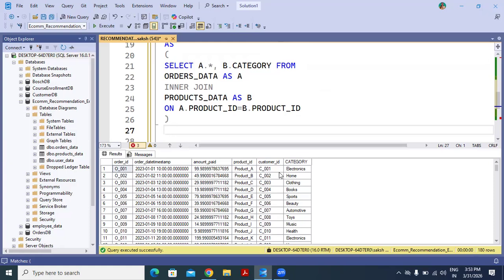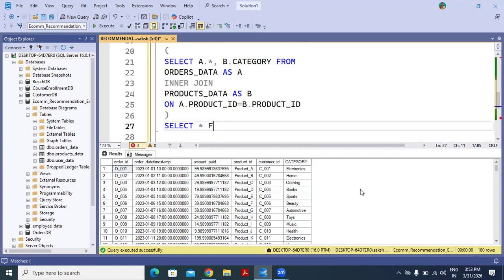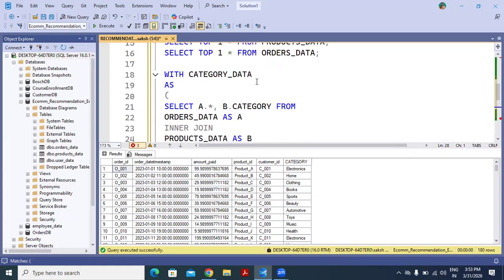Now you need other products from the same category. So we must join this table with the products table. So let's try to join it. Select all from table 1. Now this is your table 1 and its name is category data.